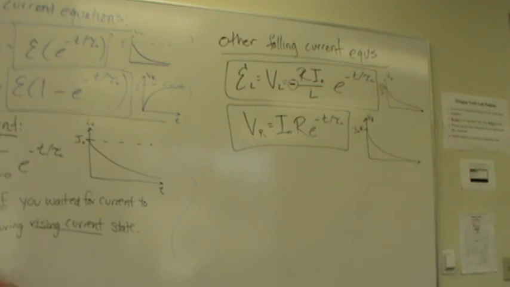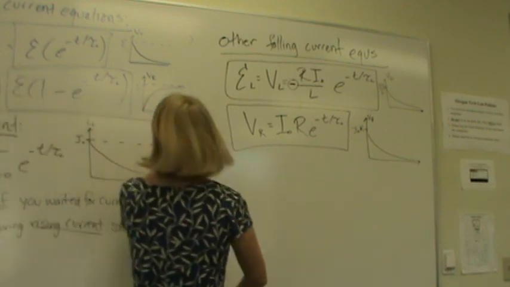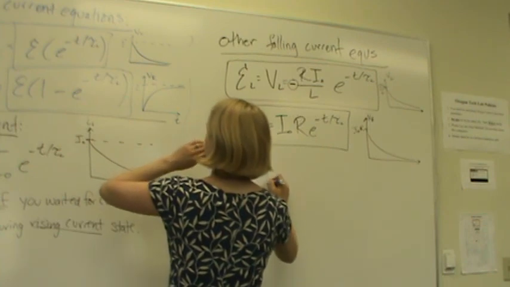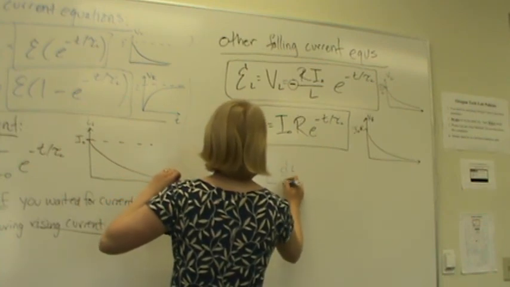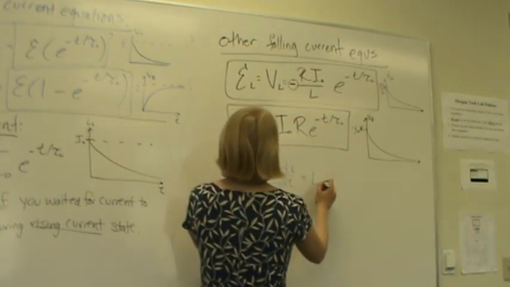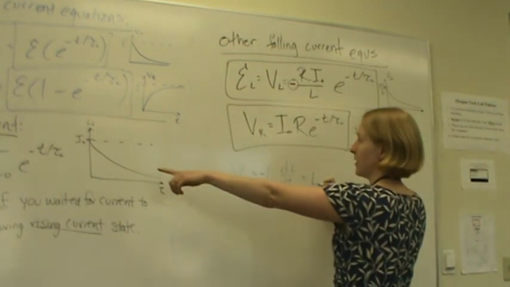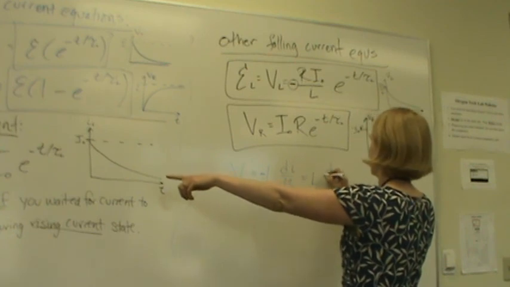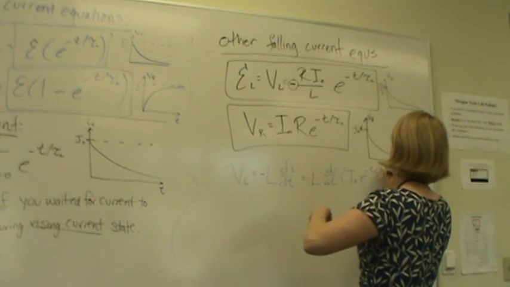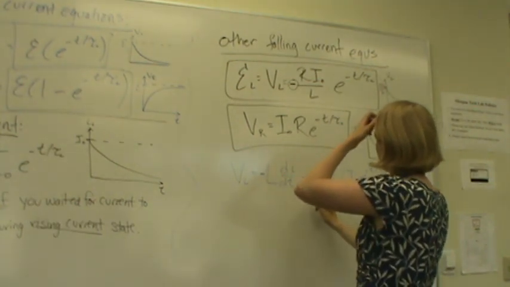So VR is I times R. Oh, VL is L di/dt, minus L di/dt. So L, and then our I equation, d/dt of I naught e to the minus t over tau sub L. Oh, which